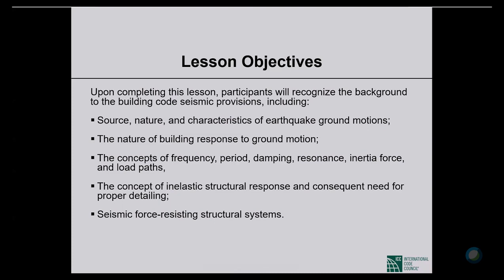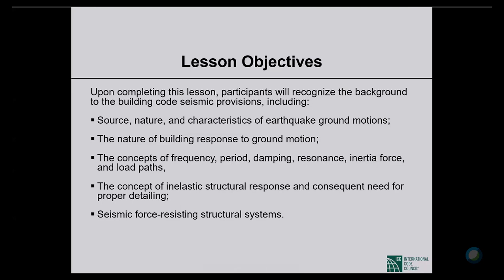Today, not for all seminars, we have made up these lesson objectives, which will tell you what we are trying to accomplish in these 2 hours and a quarter, our allotted time from 7 to 9:15, and then a 15-minute question and answer session. So upon completing this session, participants will recognize the background to the building code seismic provisions, including source, nature,